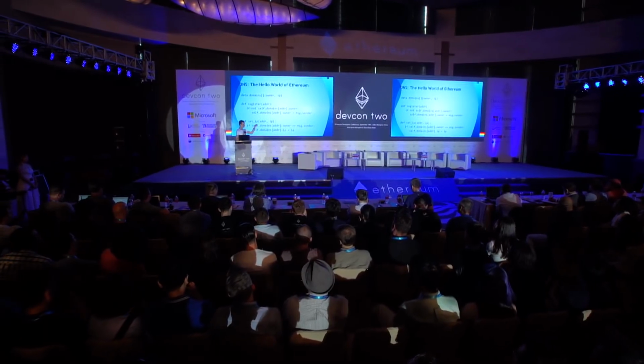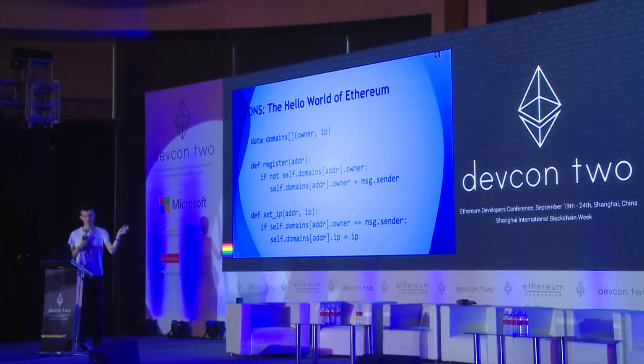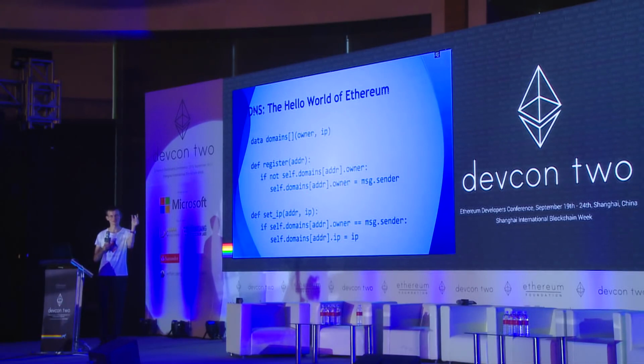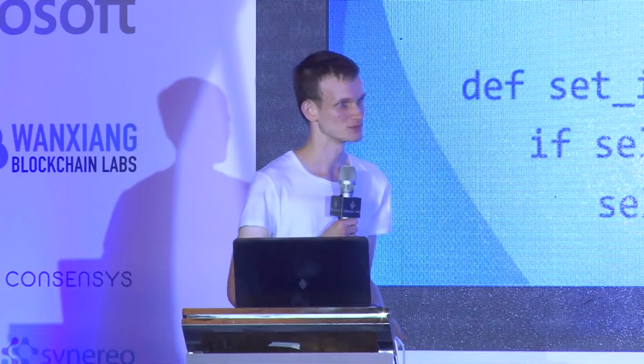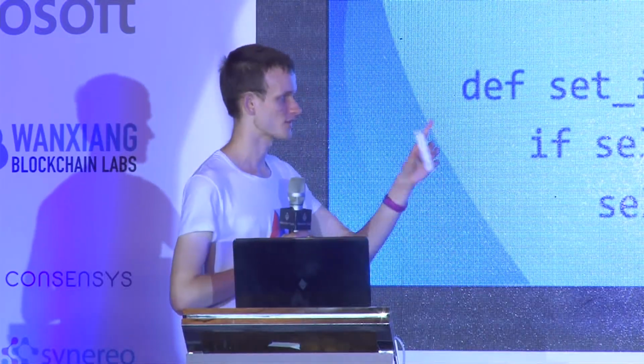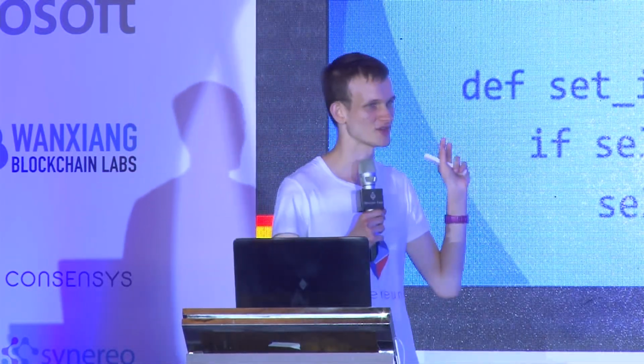So you have this piece of code. Then what you would do is you would compile it. You would get some bytecode, then include the code in a transaction, push the transaction up onto the blockchain. Now what you have created is a contract. And a contract has an address. It has some 20-byte string that represents the location of the contract. It will look like 0x357c, whatever. If you want to register a domain, what you would do is you would send a transaction, and you would specify this transaction is going to be talking to this contract.